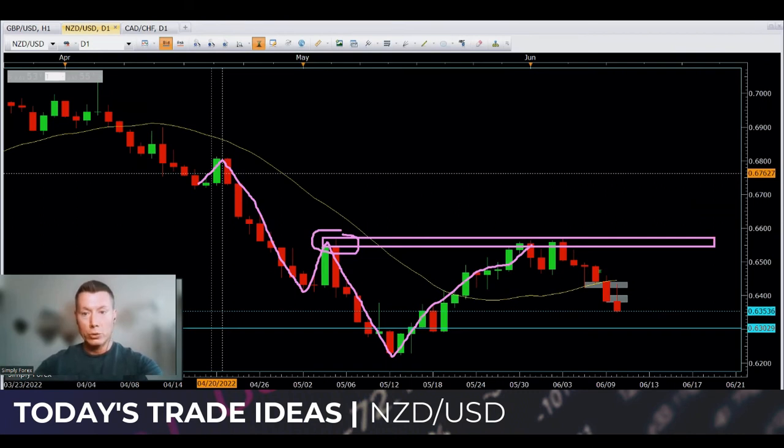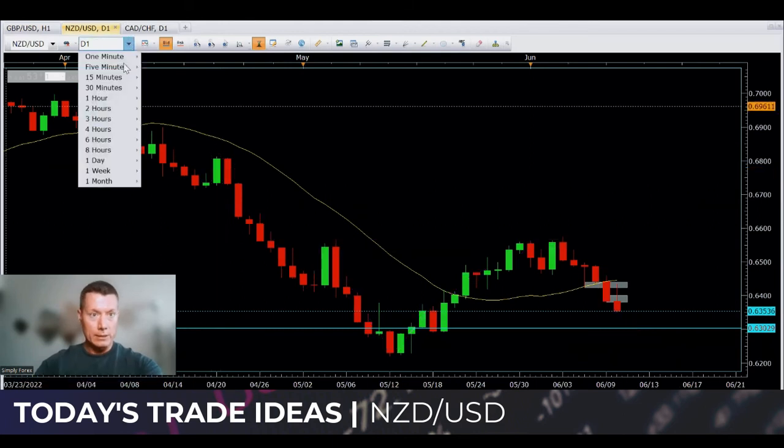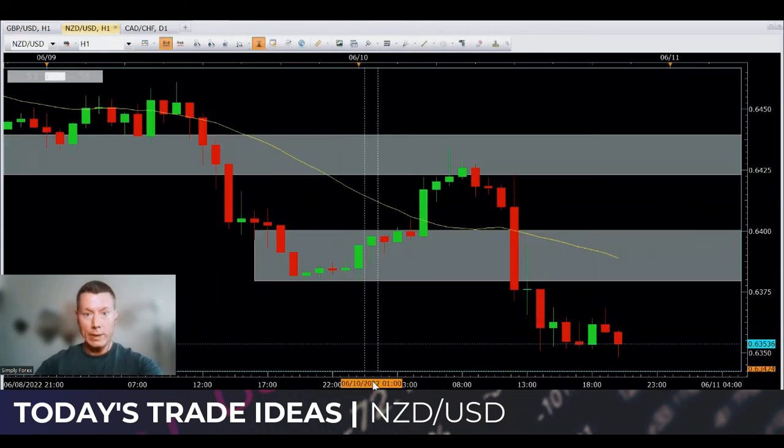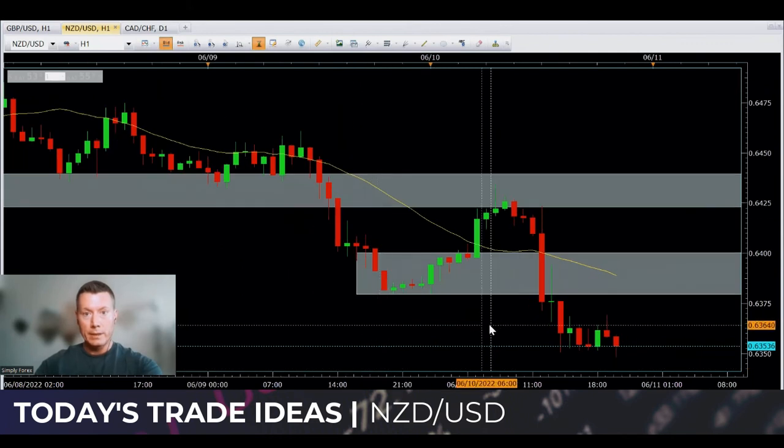And for the last 2 days, we've had very bearish candles, which tells me we just want to take price back down to this blue line, which is this 6300 psychological level. Okay, guys, we're looking to short this pair as well. So US dollar strength has returned for now. Let's look at H1 to see how we get in on this pair.